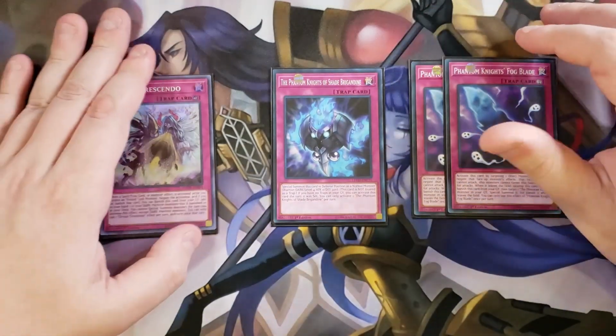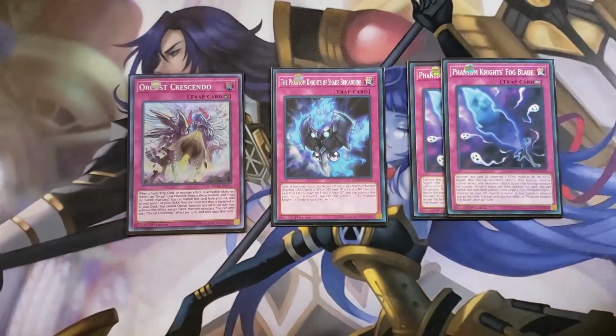to be itself. And then Crescendo is really good because it's searchable and it negates a spell trap monster effect while you control an Orcust Link monster, and then you negate the activation if you do banish that card as well. And you can banish this card from your graveyard to add from your deck to your hand a Dark Machine monster that's banished or in your deck, then you can't special summon monster the rest of turn except for Dark Machines, which is not that big of a deal, because